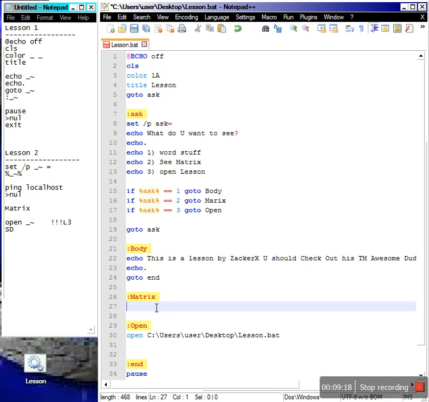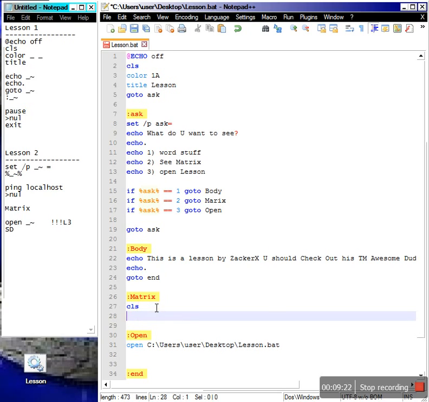So now what we're going to do is CLS, because we want to clear the screen. Then we want to echo %random%. Now, this is a variable that batch script automatically puts in. You don't have to do set /p ask. So what it's going to do is generate a random number. Okay? And then you're going to do